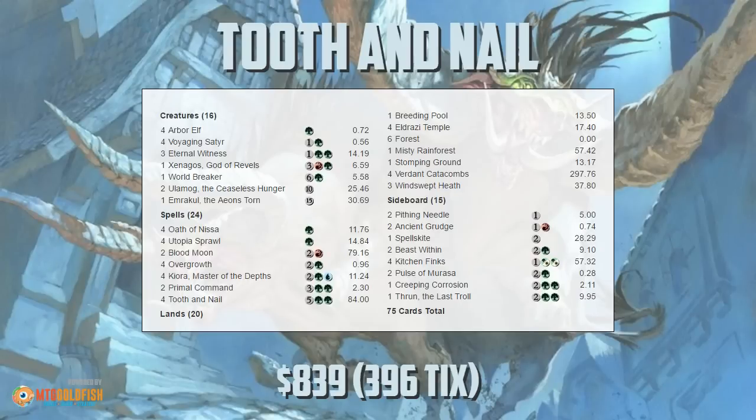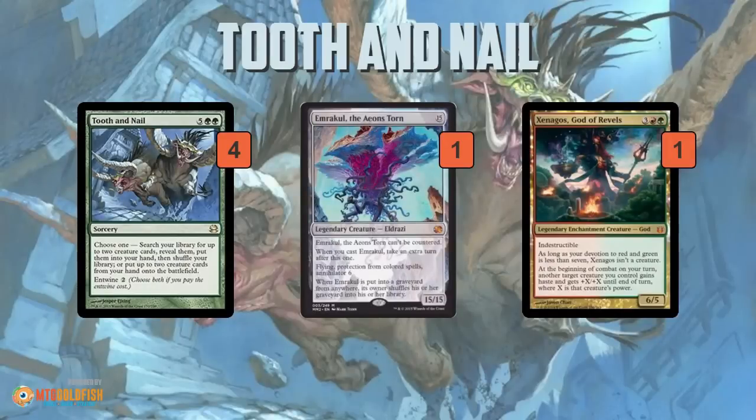Tooth and Nail is built around the card Tooth and Nail, a 7-mana sorcery that says choose one. You can search your library for 2 creatures and put them in your hand, or you can put 2 creatures from your hand onto the battlefield. But it has Entwine, which is another version of Kicker. So if you pay 2, you get to choose both instead of 1. So you tutor 2 creatures from your library or from your hand directly onto the battlefield for a total of 9 mana. So that's what the deck is trying to do, get up to 9 mana, cast a Tooth